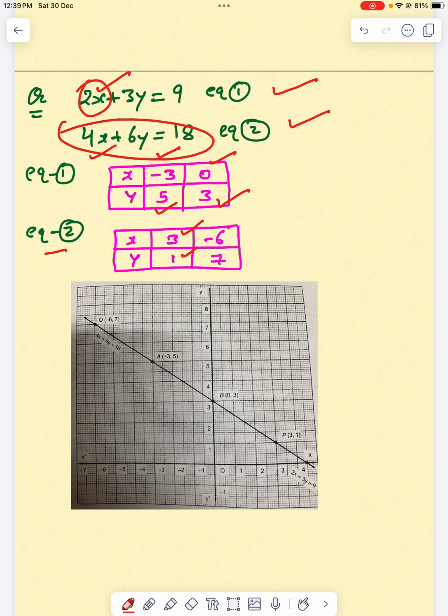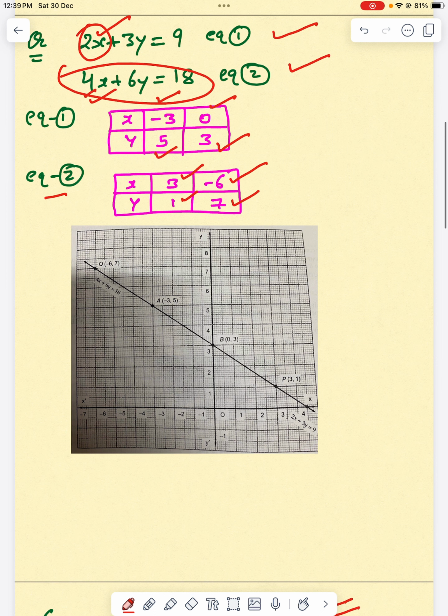Similarly, if you assume the value of x is equal to minus 6, you can take it 0 also, whatever you like. So I have taken x is equal to minus 6. Since I have put x is equal to minus 6 here, you will get y is equal to 7. You can check by your own. Now, if you draw the graph, see here, you will get only one straight line. Why? Because the given system of equations represents the same straight line,